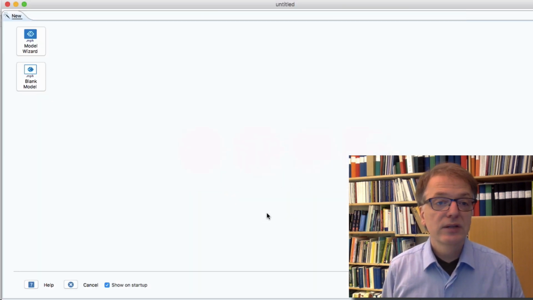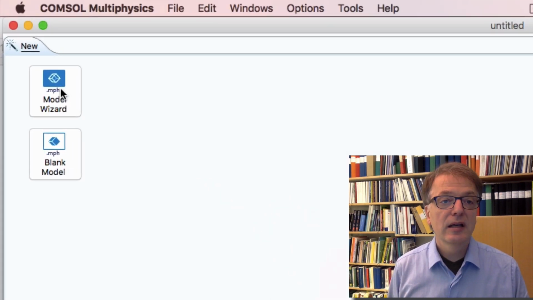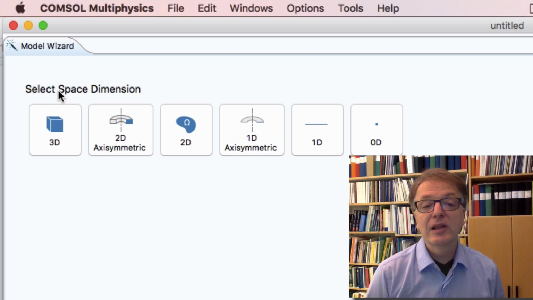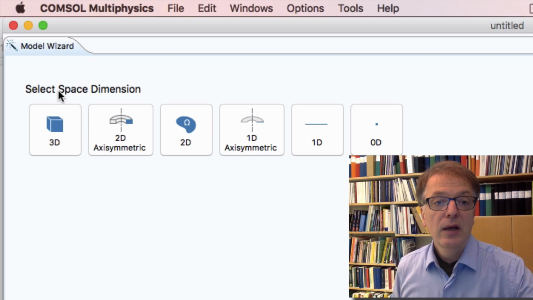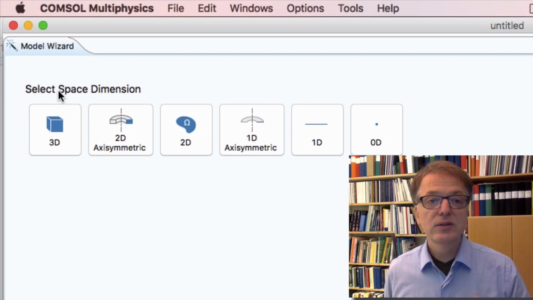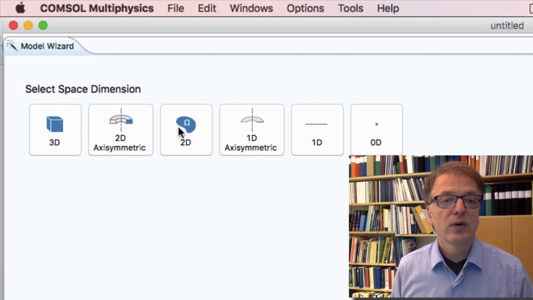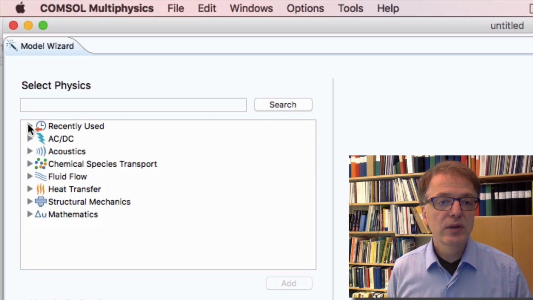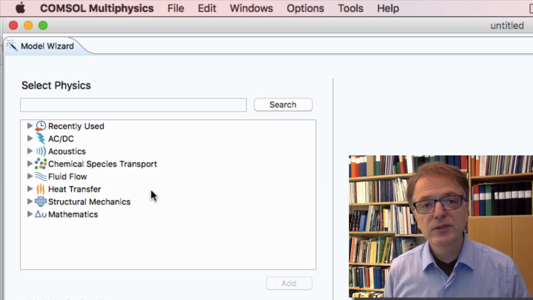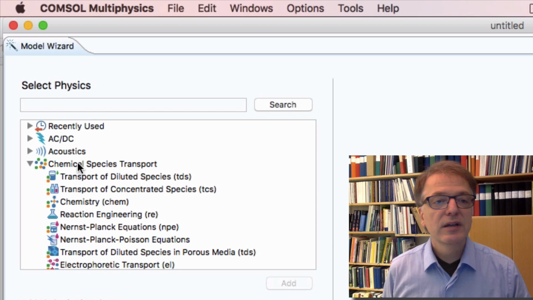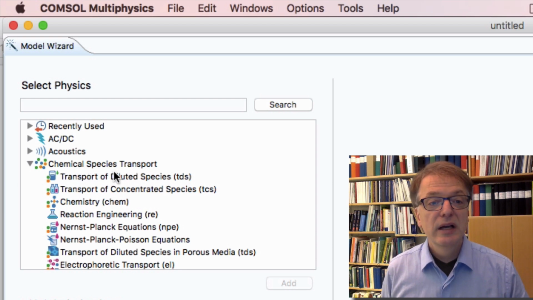So let's shift to Comsol and click Model Wizard. And the first step is to choose model dimensions, and we don't care now how deep the ventilation duct goes into the plane, so we are going to solve this as a two-dimensional problem. And depending on what you installed in Comsol, you get different options. The ones I have installed in Comsol Multiphysics 5.3, the interesting thing here is chemical species transport and transport of